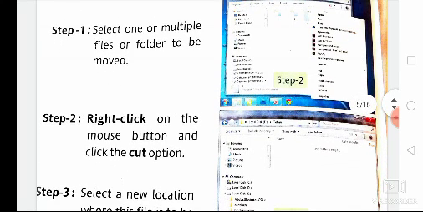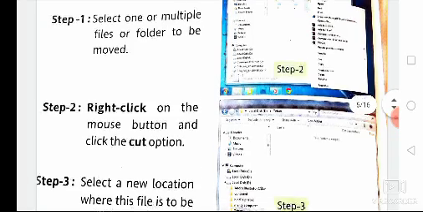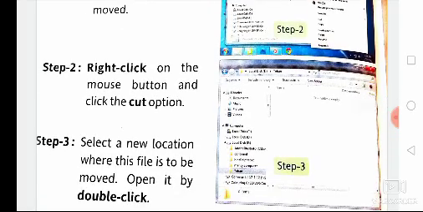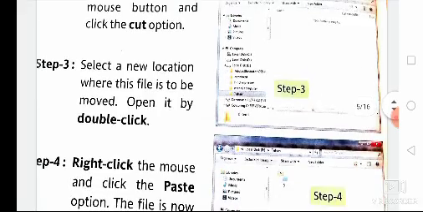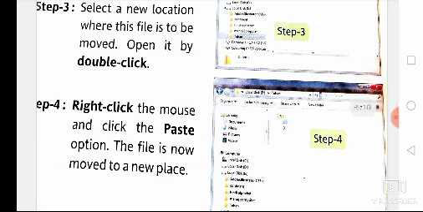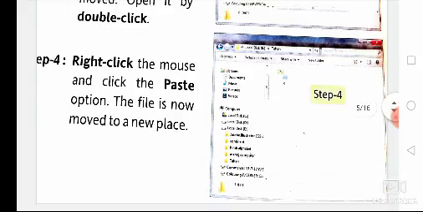Then step 2, right click on the mouse button and click on the Cut option. Then select a new location where this file is to be moved. Open it by double click. Then right click the mouse and click the Paste option. The file is now moved to a new place.